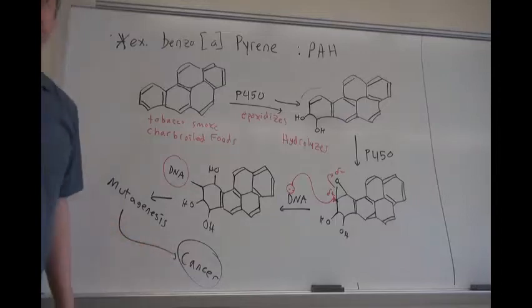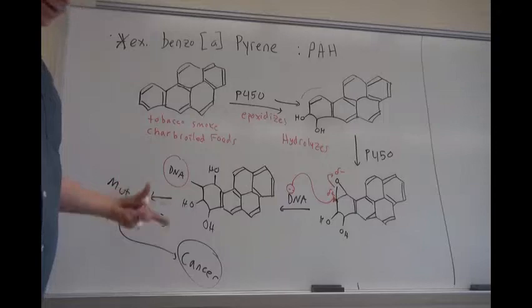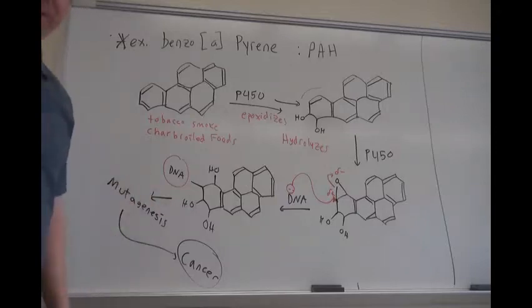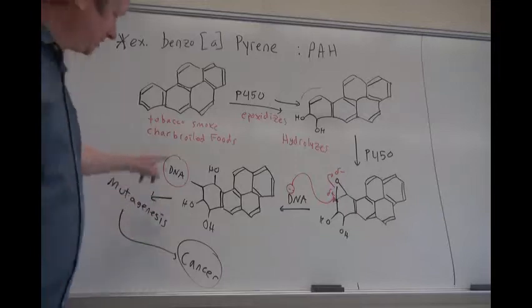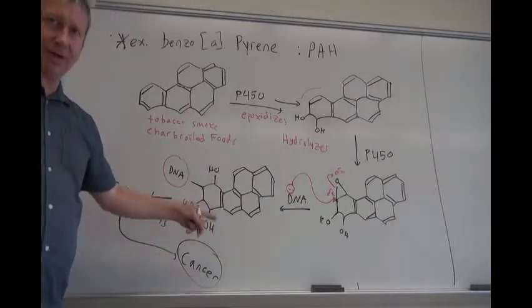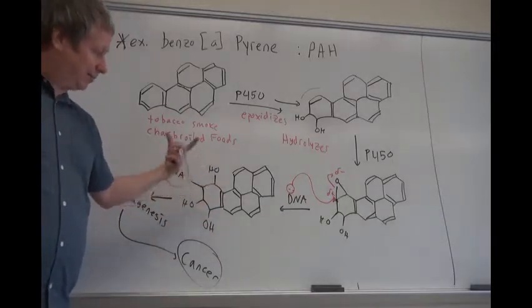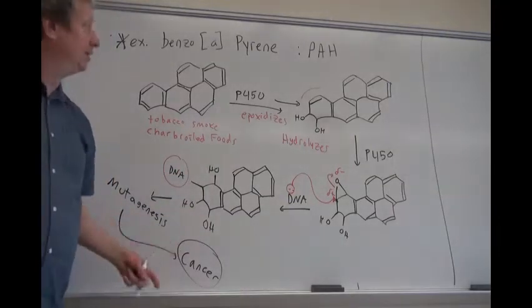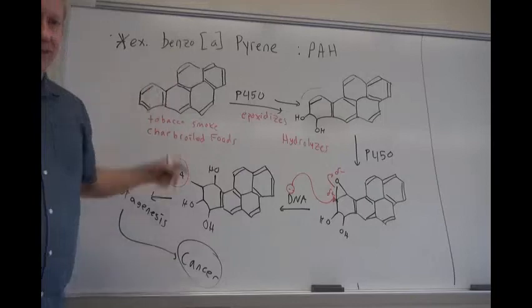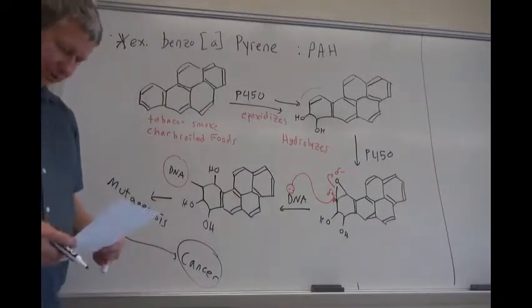Sometimes your body has these kind of corrective mechanisms to unalkylate your DNA. And sometimes that works, sometimes it doesn't. But this stuff is pretty well known to be a carcinogen. And maybe the correction mechanisms don't work as well when you have benzopyrene attached to your DNA. Okay, so